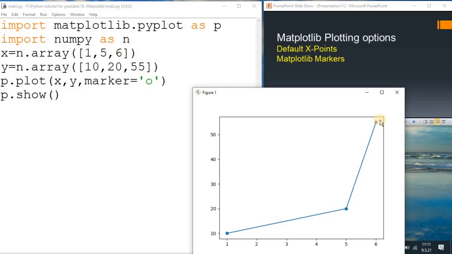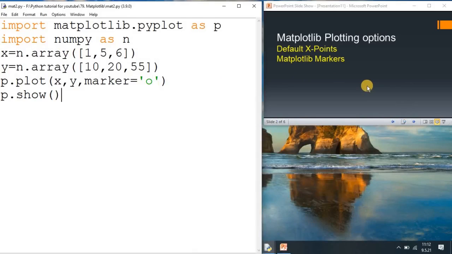Here a dot is created at each point. This dot is very important if you are getting the output in a straight line. Here the line has been bent, so without the marker we can understand, but if the output comes as a straight line, then the marker is very important. Now you understand the marker. You can use various symbols here, like plus or star; that is not an issue.